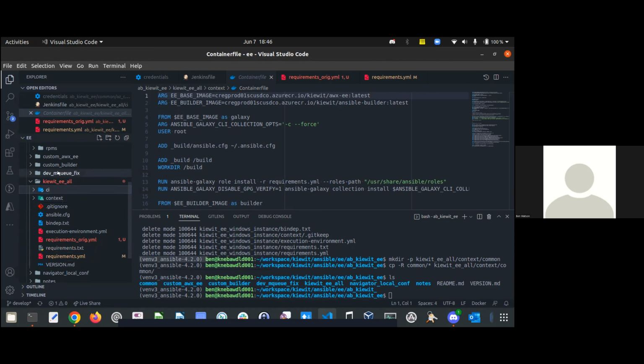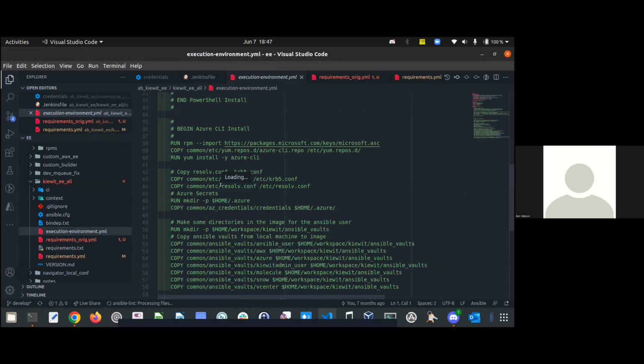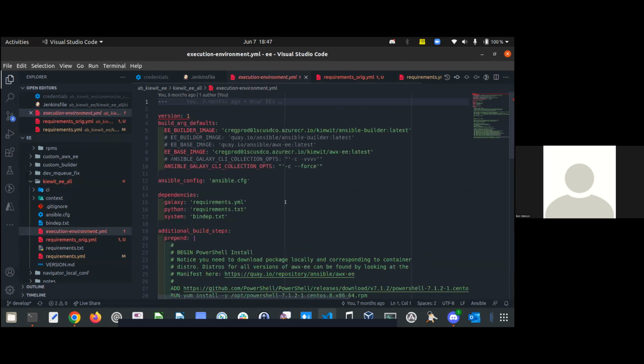This is a very simplistic directory layout. Let's just go over it. It all starts with this configuration file. It's a YAML file, and this is where you tell Ansible Builder what you want to build and how you want it built. So starting at the top,